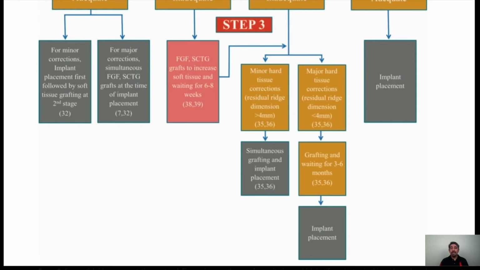However, if the bone is also inadequate, then you should consider doing the soft tissue graft first, wait for about 6 to 8 weeks for that to mature, and then consider towards correction of the hard tissue. The hard tissue correction, again, if it is grossly deficient, then you could consider augmenting only the hard tissue first, allow for that bone to mature, and then anywhere between 3 to 6 months following the augmentation of the bone, you consider your implant placement. If the hard tissue deficiency is minor, then you can consider placing the implant with simultaneous hard tissue augmentation.